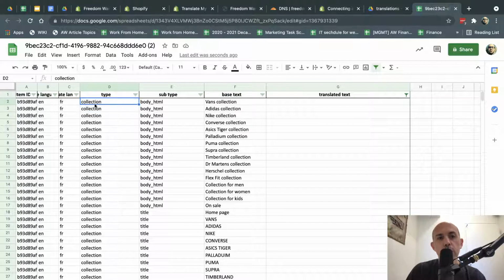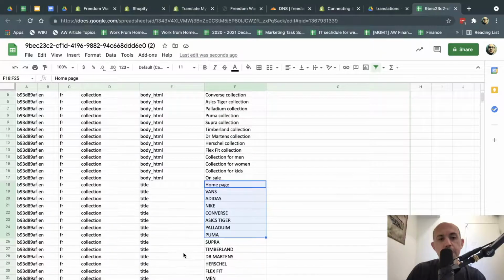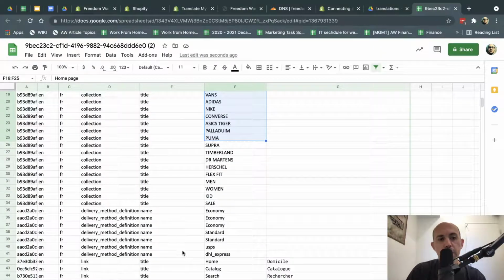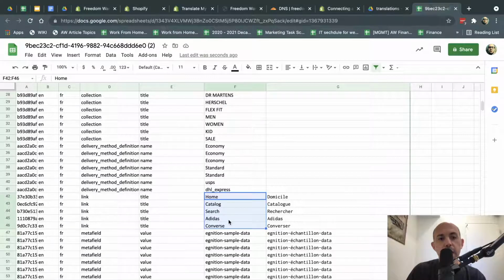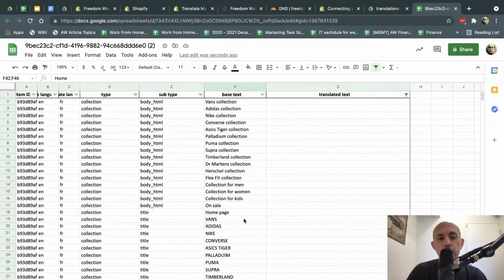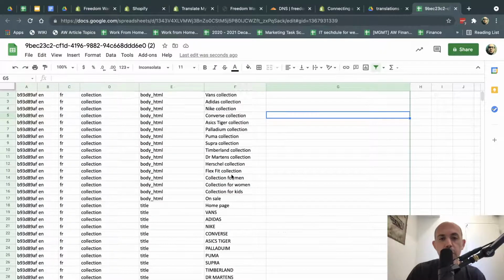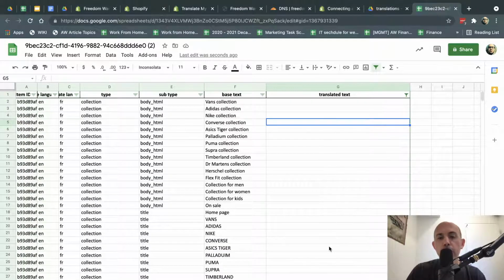This is related to a collection, which is in the HTML, and this is the word. So you can know, for example, this is the collection name, and this is the collection title, right? And then this is, for example, the link and meta fields and all this stuff. So you'll have some hints. Sometimes you need to have the context of what this content is for. In some cases you want to keep it in English, and in most cases you want to translate it. So what you're going to do is filter all the empty ones. And in case you want to re-review what Shopify has translated, you can do that.